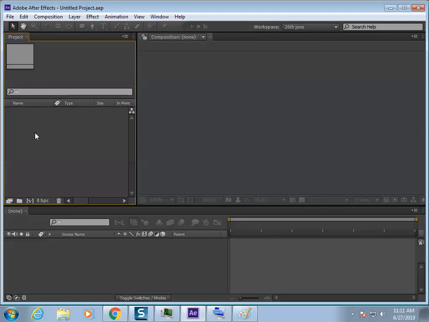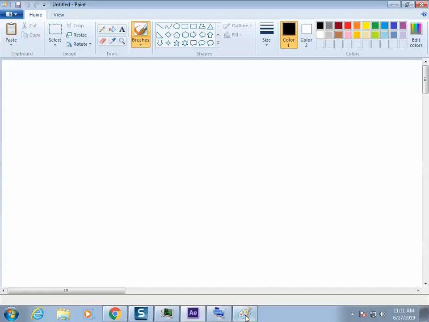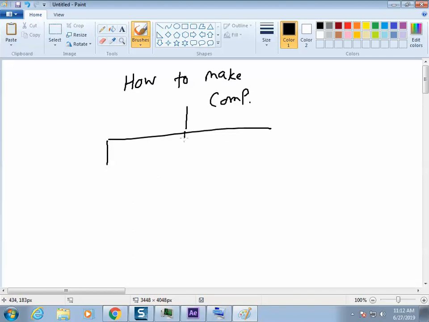Once you bring the footage into your project panel, it is time to make a composition. Now the topic: how to make a composition in After Effects. It could be done in two or three different ways. The first method,